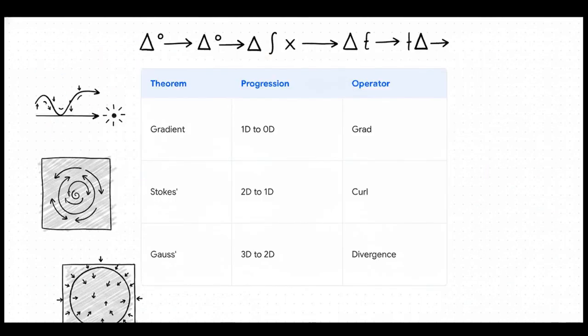So the absolutely crucial takeaway here is this repeating pattern. Applying a differential operator, like gradient, curl, or divergence, to an interior region is always perfectly equivalent to evaluating its boundary. 1 dimension steps down to 0, 2 dimensions step down to 1, and 3 step down to 2. It's literally the same architectural rule all the way down.